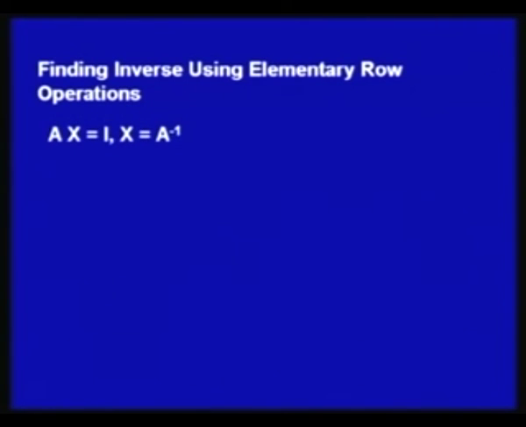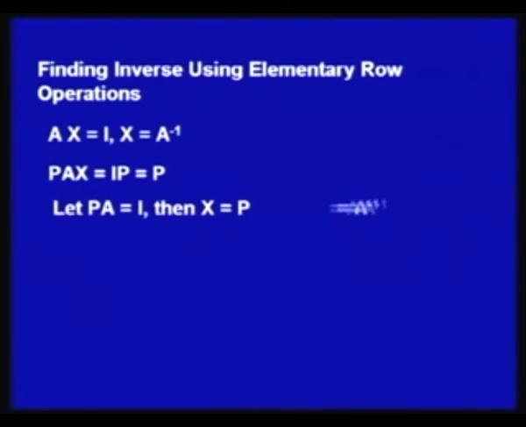So, let us say we have to find the solution of Ax is equal to identity matrix, or we have to find x is equal to A inverse. What we can do is apply row transformations. That means we have to find a matrix P, that is, we apply successive row transformations to the system Ax, then Px is equal to I times P or simply P. Now, if we apply row operations in such a manner that PA is equal to I, then x becomes P, or it becomes A inverse.